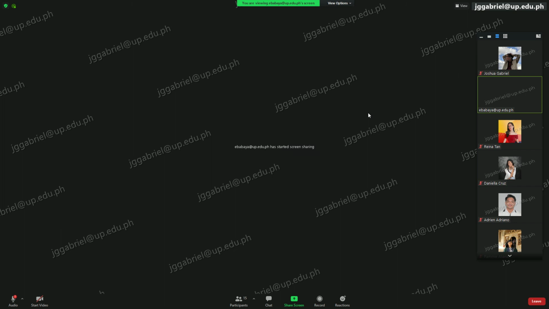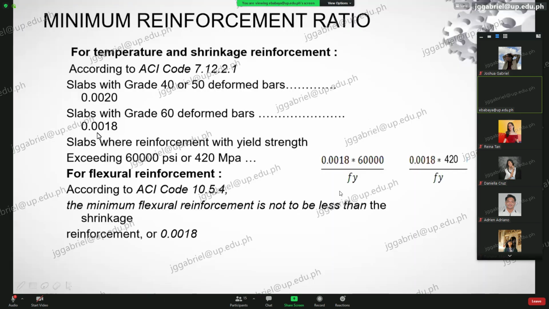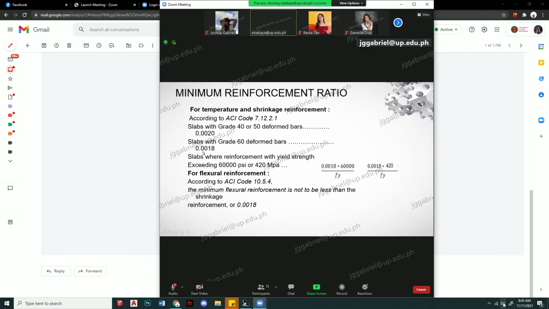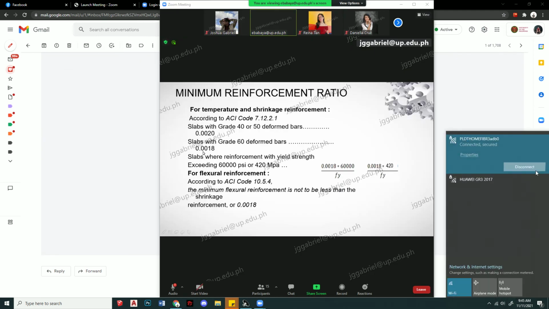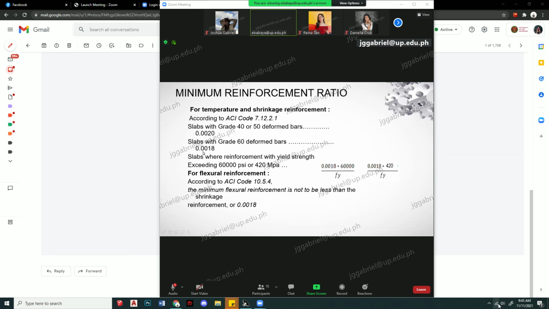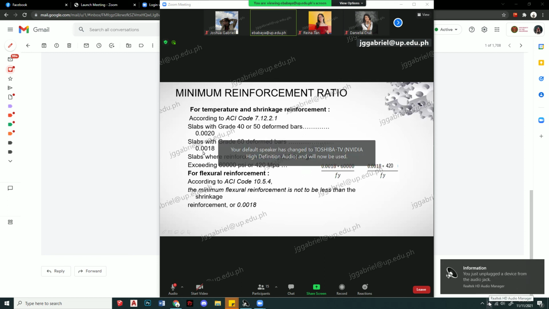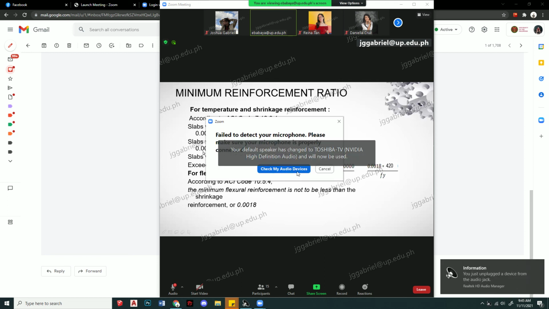slabs grade 60 deformed bars. You have 0.018 reinforcement. Okay. Slab reinforcement with strength exceeding 60